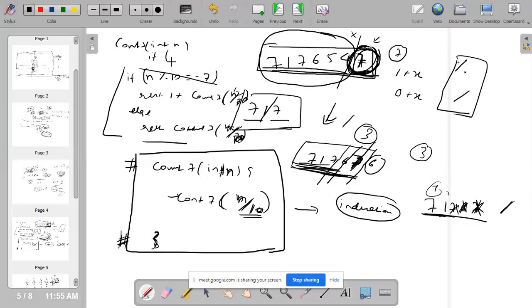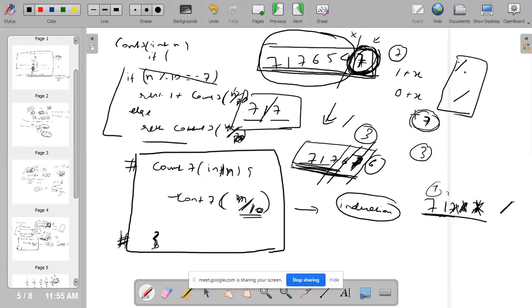So what will be the base condition? What will be the minimum input you will be getting at the end? If there is only a single digit, then you can crack it, right?